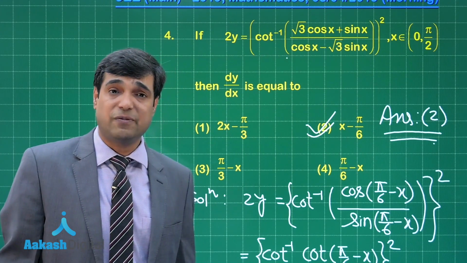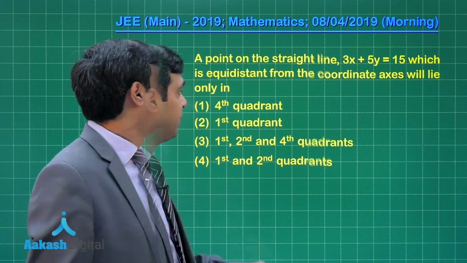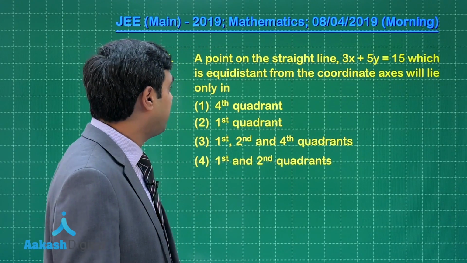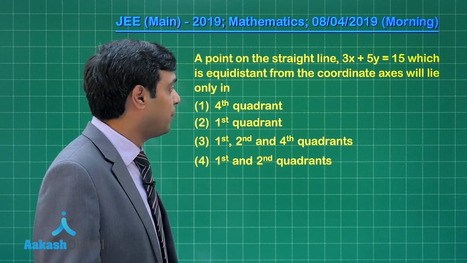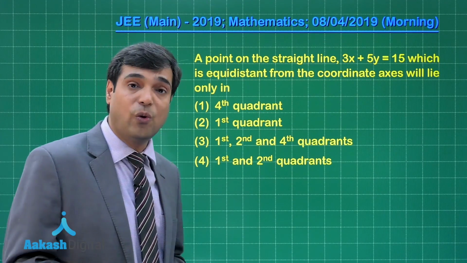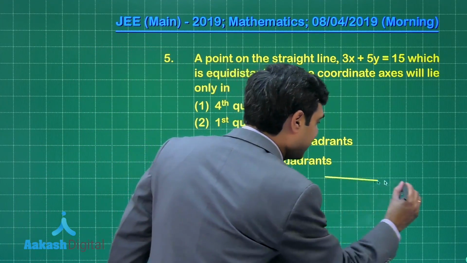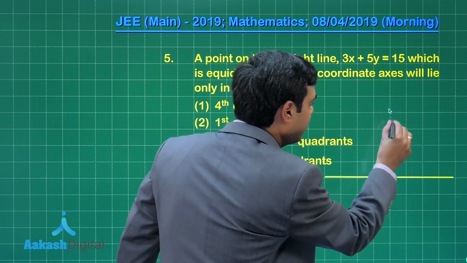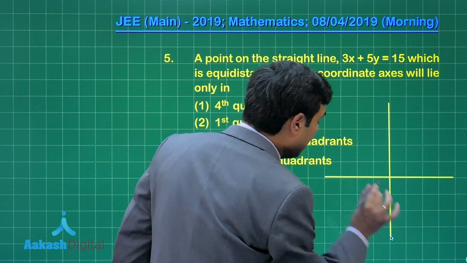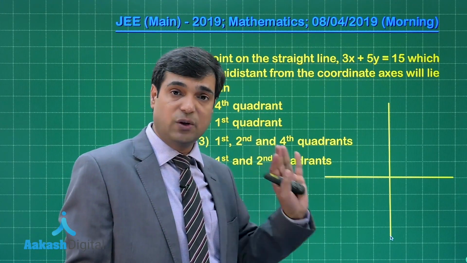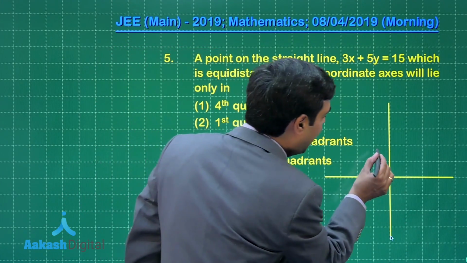Let's move on to the next one, that is question number 5. A point on the straight line 3x plus 5y equals 15, which is equidistant from the coordinate axes, will lie only in. Let's understand, if you have the coordinate axes like this, x-axis and y-axis, correct? Now, when you put y equals 0, x is 5, and x equals 0, y is 3. So you can draw the line in this fashion,